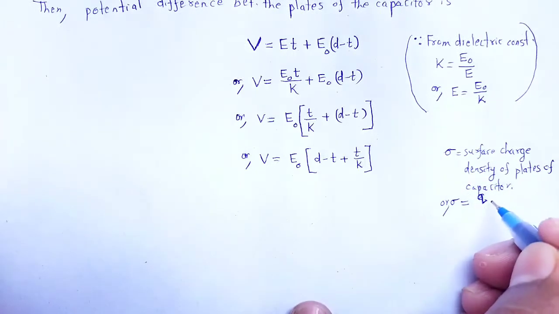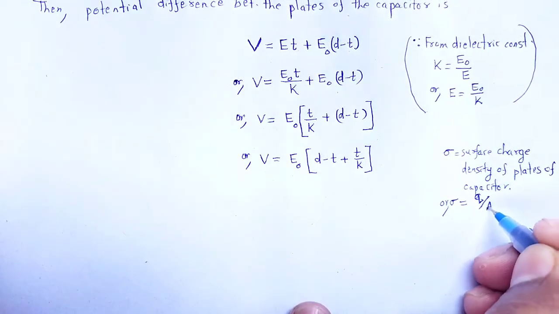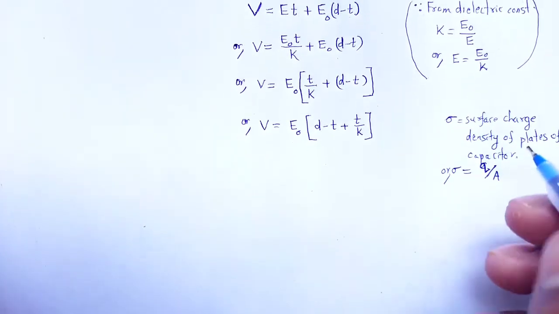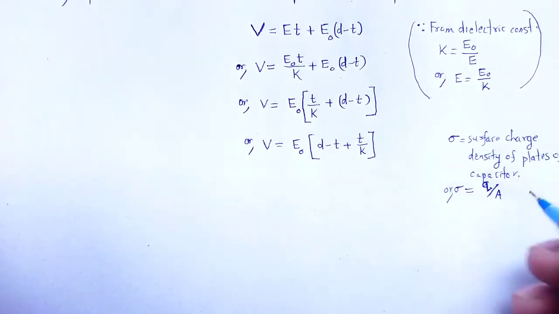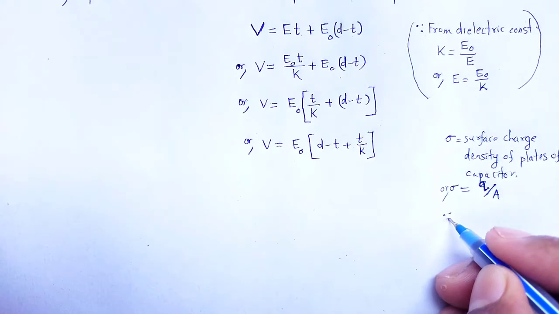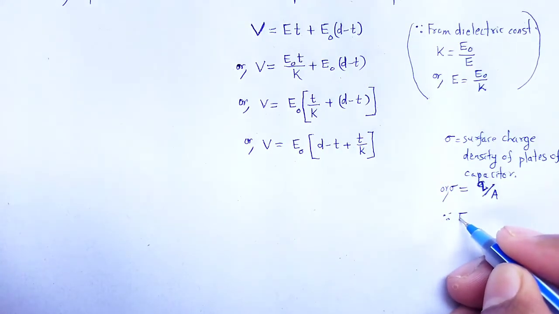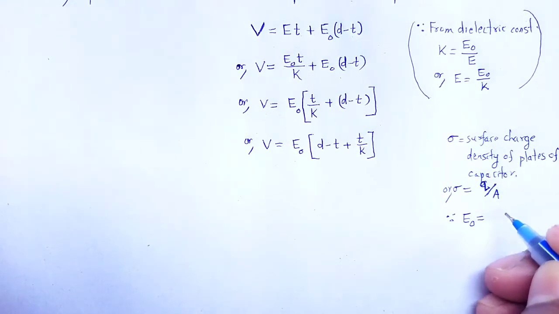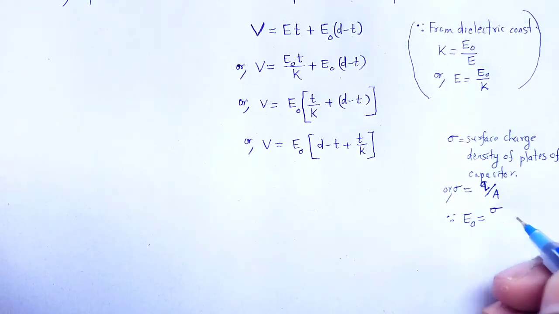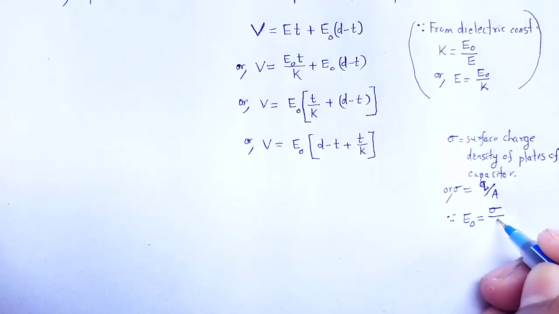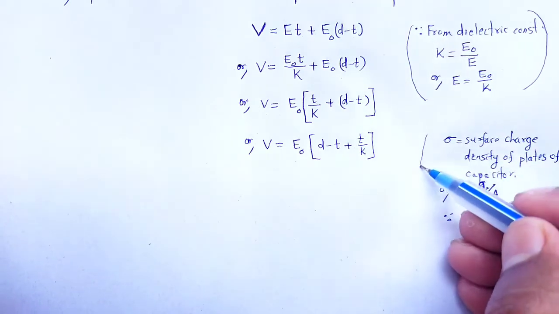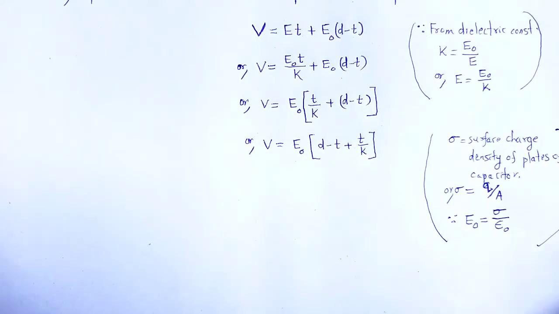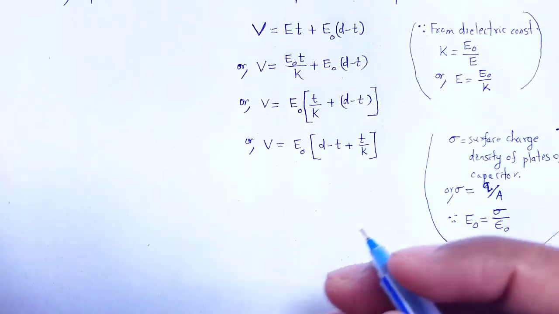So charge per area A. Therefore we know the relation between E naught and sigma as E naught is equal to sigma divided by epsilon naught, the electric field intensity. These substitutions are put here,